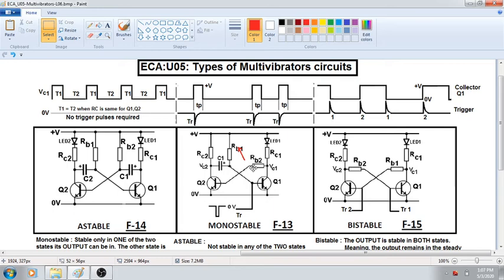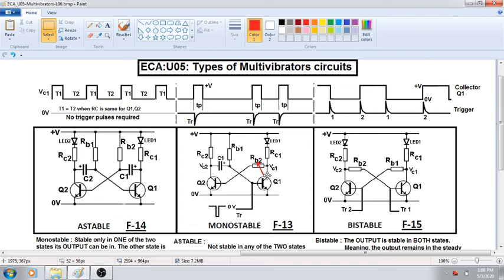Now you may ask a question: sir, how do I give a positive trigger pulse? You will give the trigger pulse in such a way that the circuit functions the way we want. So if you want to give a positive trigger pulse, you give it to the base of Q2. When you give a positive trigger pulse here, this transistor will become saturated. You will get a negative voltage here. This transistor will go high. Then also it will work in the same way. No difference. That is how the monostable multivibrator works.